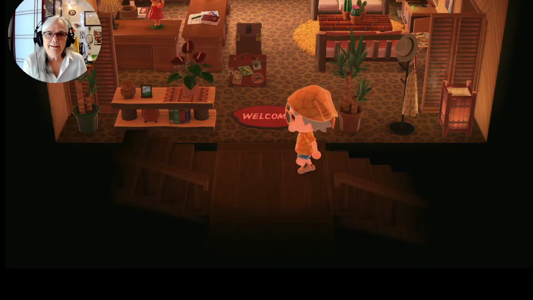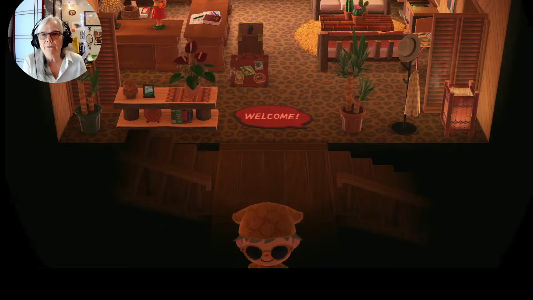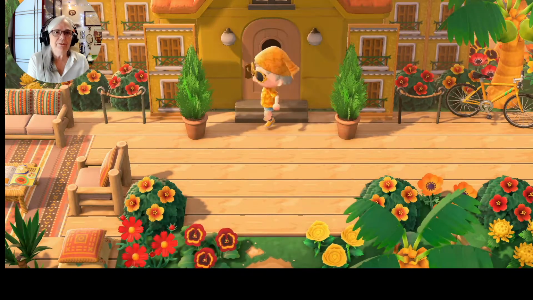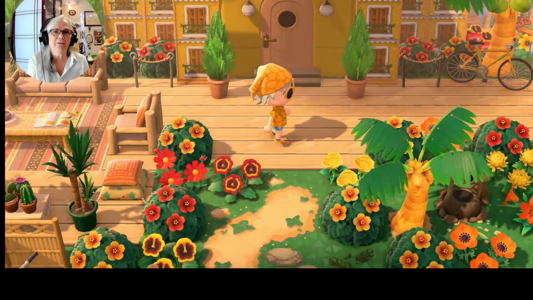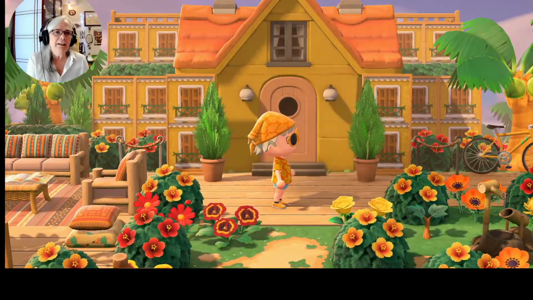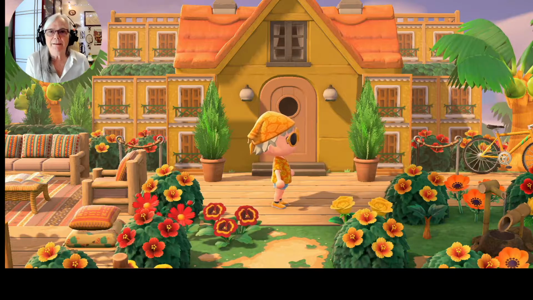Okay, so that's it for inside. We won't be going into any of the other buildings, unless we find another hotel, which is possible. But look how she's used panels to give the feeling of a really big building.